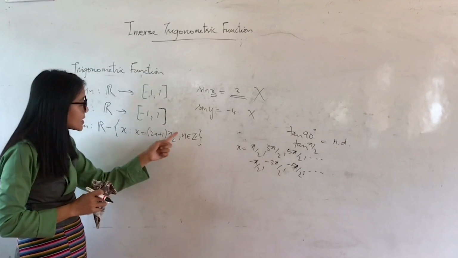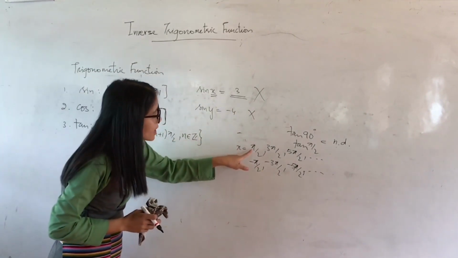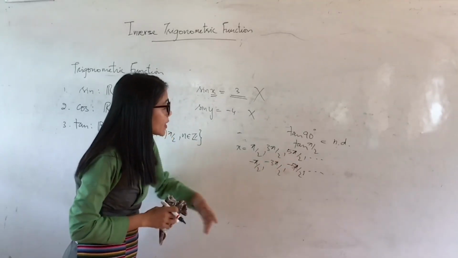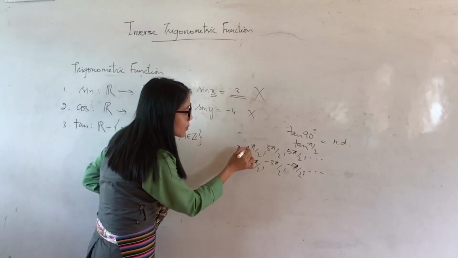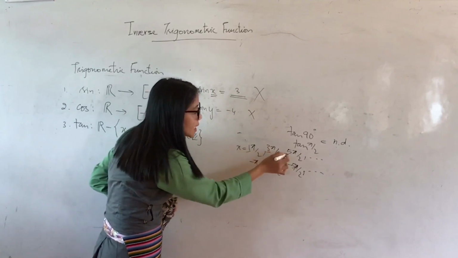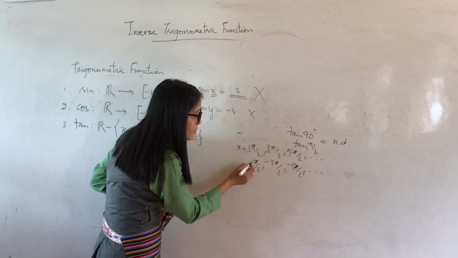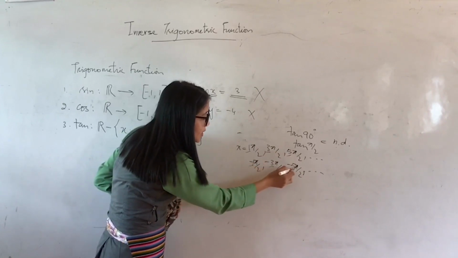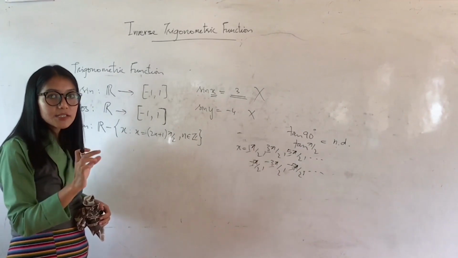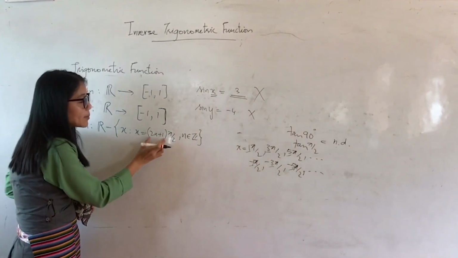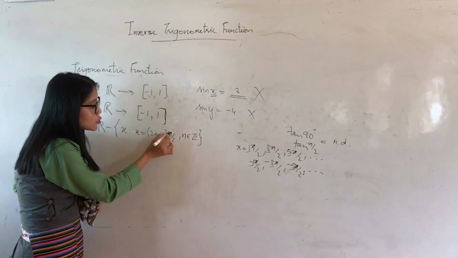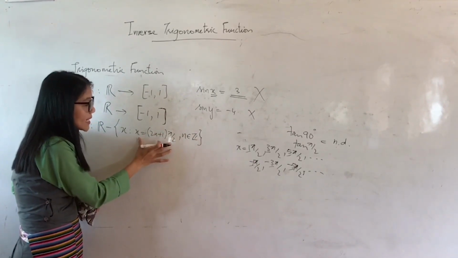You can see, I generalize this here. Here x is equal to pi by 2, pi by 2, pi by 2, it's common everywhere. Now you just look at the coefficients of pi by 2. Here the coefficient of pi by 2 is 1. Here it is 3. Here it is 5. Here it is negative 1, negative 3, negative 5. So the coefficients of pi by 2 are odd integers. You can see that. So 2n plus 1 is the representation of an odd integer. So for pi by 2 with any odd integer, tan is not defined.